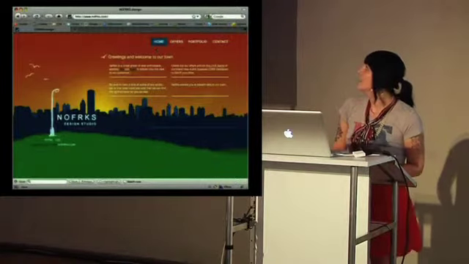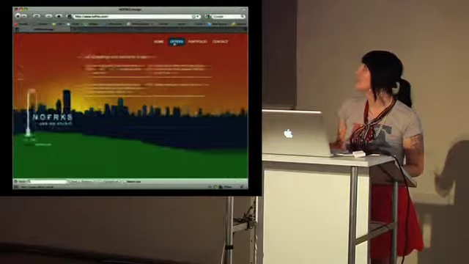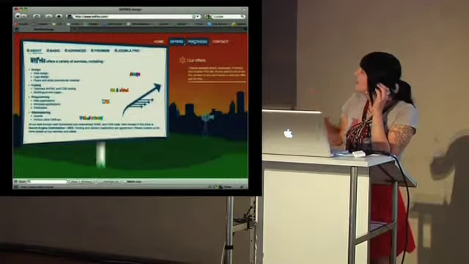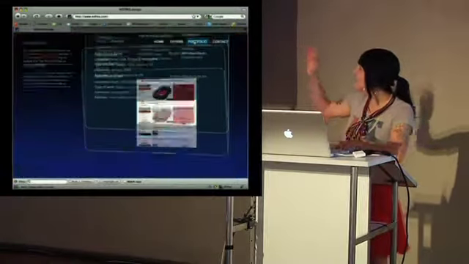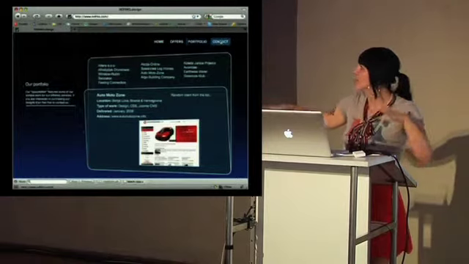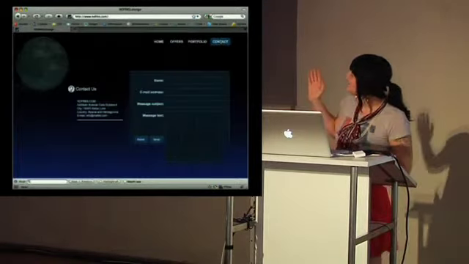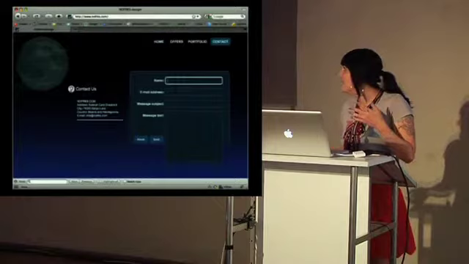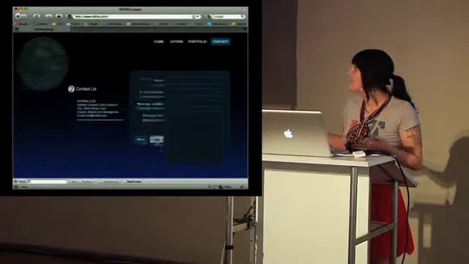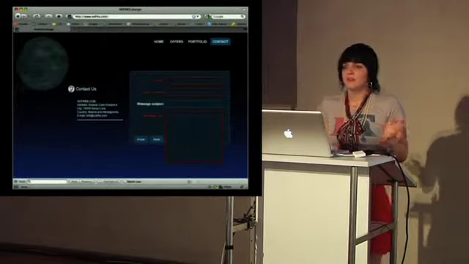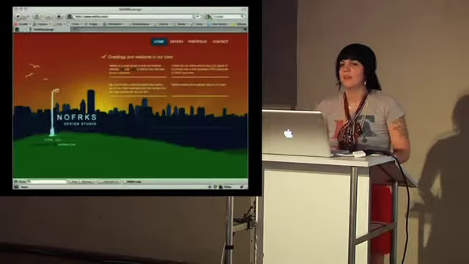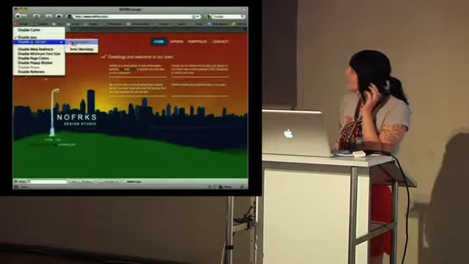Let's take a look at some site examples. So here's a design studio, and they've got this really nice moving around, going to things. There's space, there's sky, there's land. There's a contact form. You can fill out the contact form. You can not fill it out and then get error alerts. Really nice. And then seeing this with JavaScript disabled,